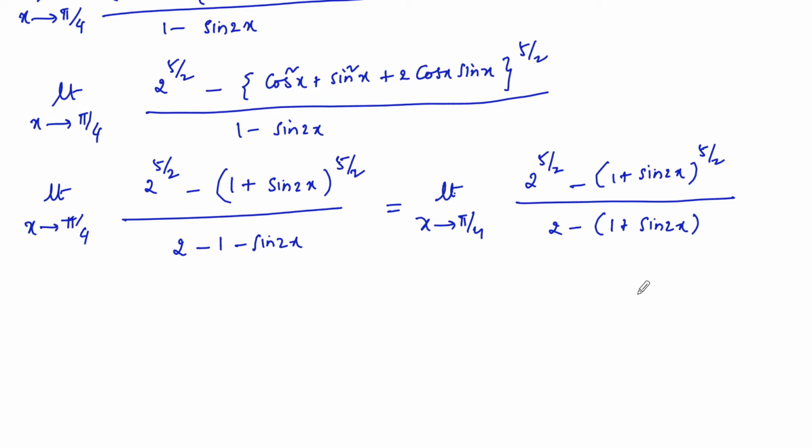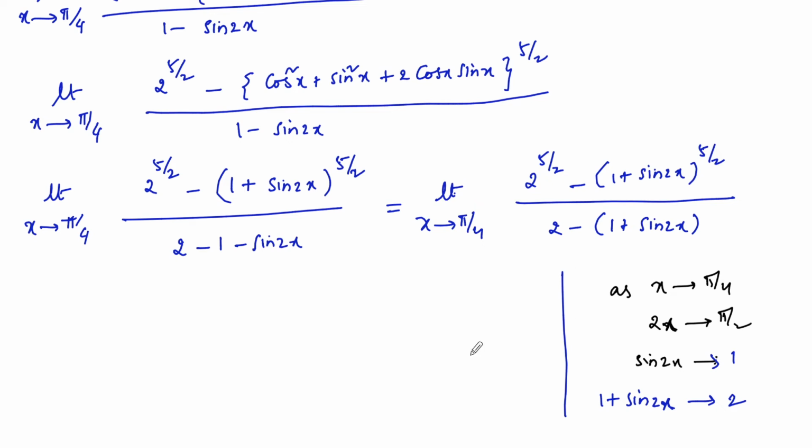And also we can make a note here, as x tends to pi by 4, 2x tends to pi by 2, so sin 2x tends to, sin pi by 2 is 1, so sin 2x tends to 1, so 1 plus sin 2x tends to 2, and we know the formula as limit x extends to a,